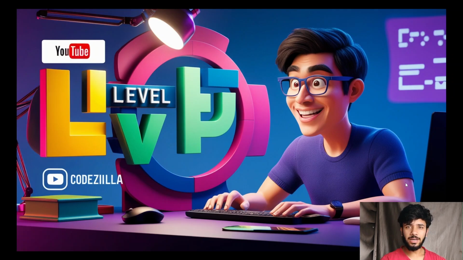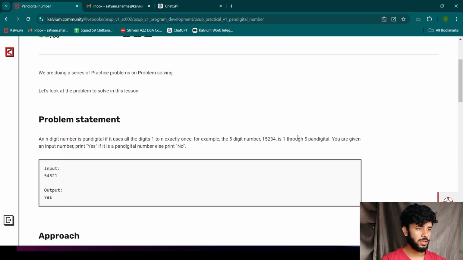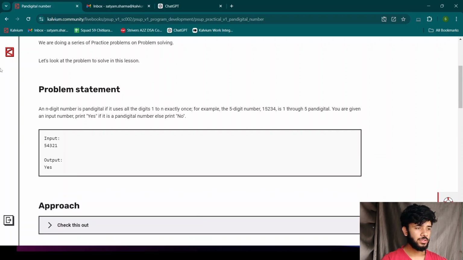So now let's understand that terminology and solve the problem, so that if you encounter a similar problem in a question which is a bit of higher level, in which the description of the pan digital number is not given, you can easily solve it. So now let's get started with the description. Here it is, the problem statement which is given to us is